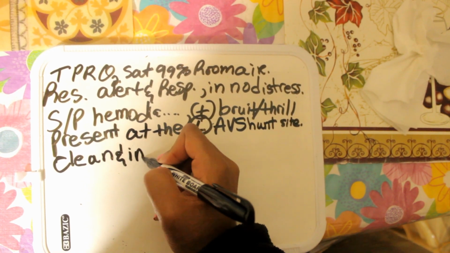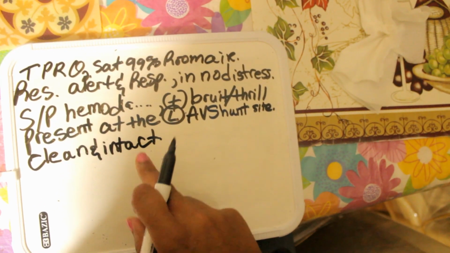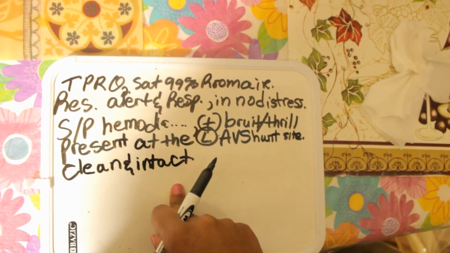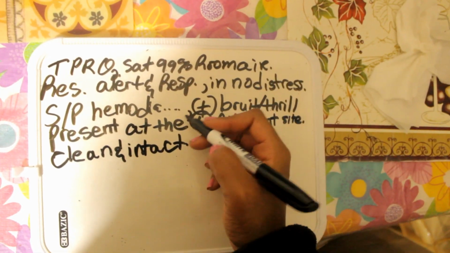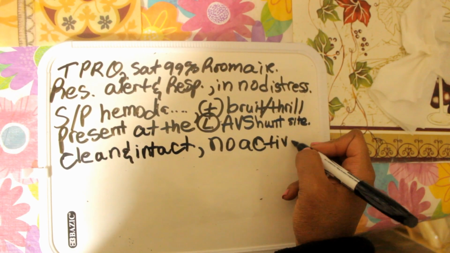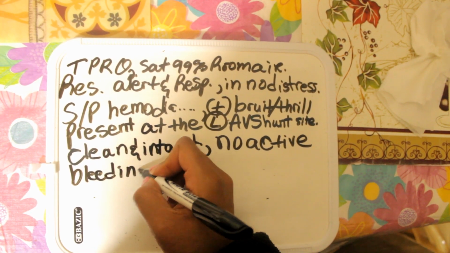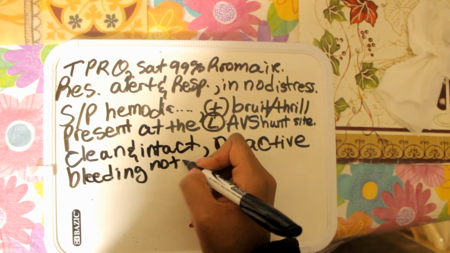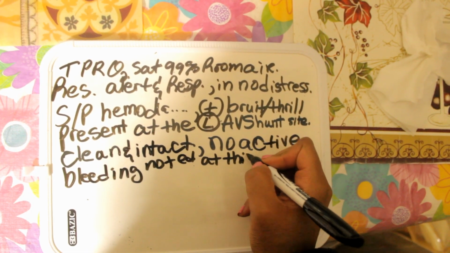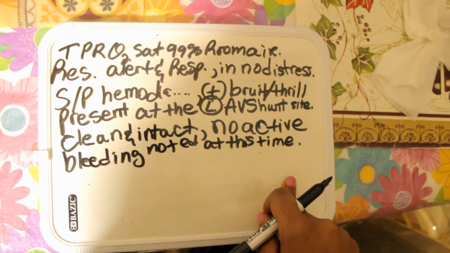So you make sure that on your shift it's clean and intact. If the nurses on the other shift didn't make sure it's clean and intact, at least you know that on your shift your patient is clean and intact. And then no active bleeding noted at this time. Sorry for my handwriting, guys. Okay, so now we're up to the